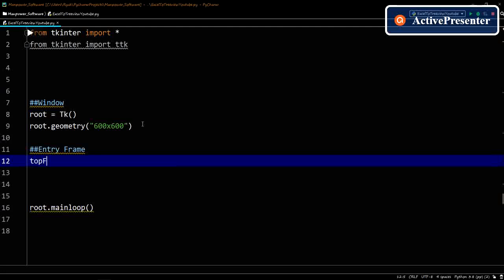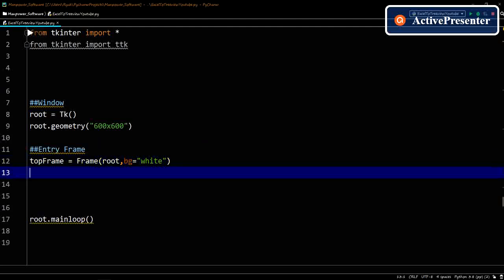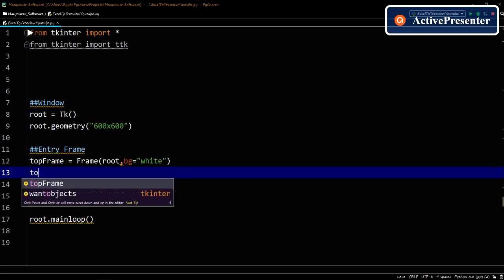So I'm going to put it in the top frame. That would be frame, so it's going to be on the root, and I want the color to be, let's say, white. It should be definitely on the string. So I'm going to place this. I'm not going to use back. Well, obviously you can use back in it, but for some reason I'm not going to use that one. I'm going to use top